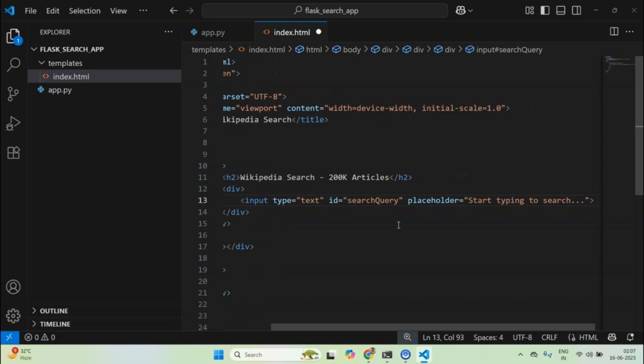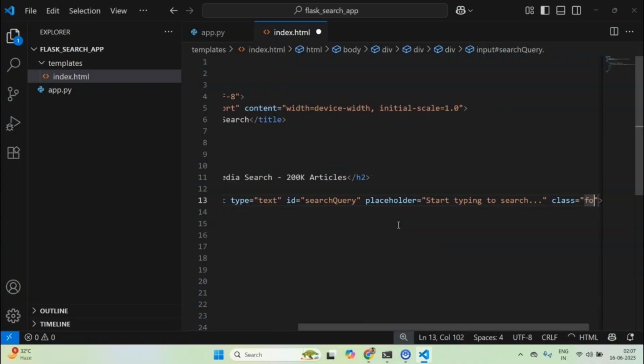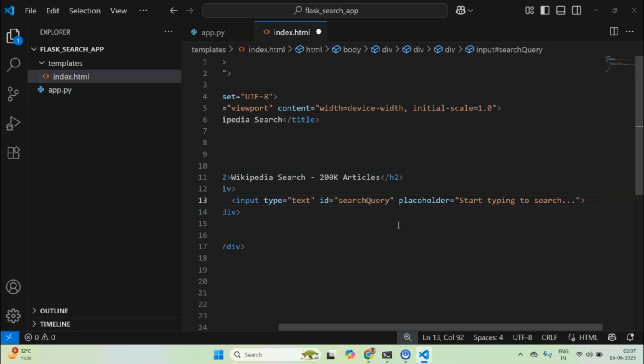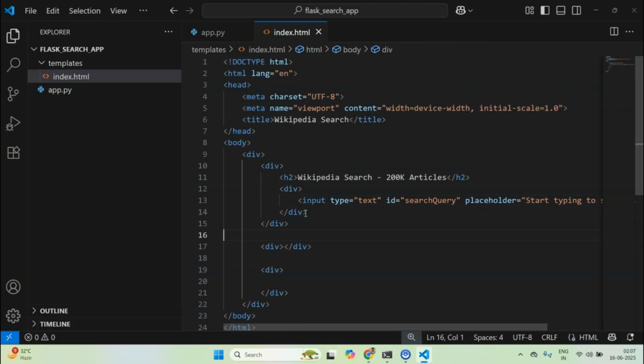So we have this input, and we can have maybe some sort of classes here, form control, although they are not necessary at this point. So I think this minimal step is good. And now why this middle div? Let me put the ID of result list. Why?